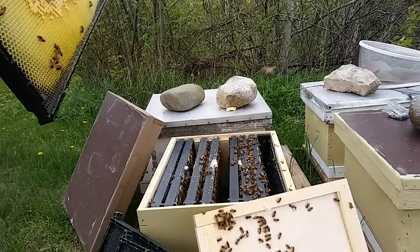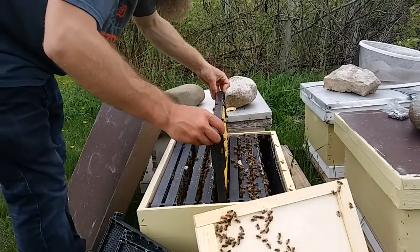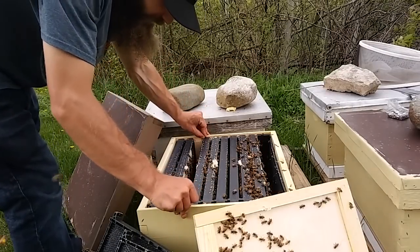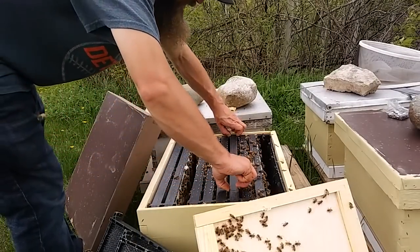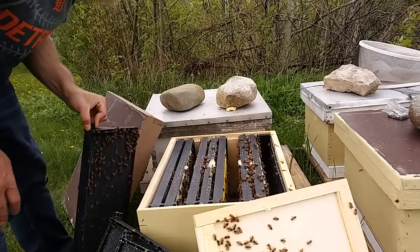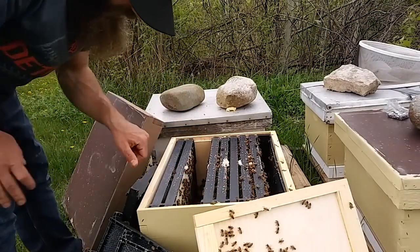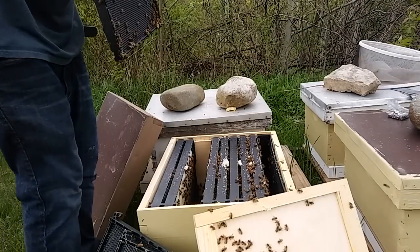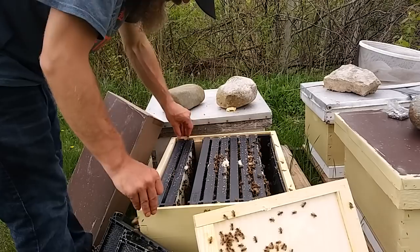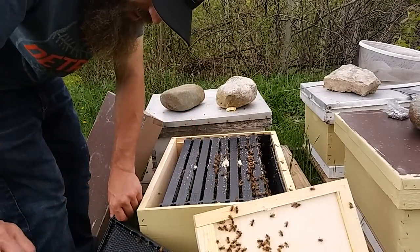Okay, so I could not find that queen cell that I was talking about, so I've got a frame of brood, open brood, and eggs that will have to suffice. Actually, I'm not going to checker this in just yet. I'll do that after that brood starts hatching and that queen gets hatched and all that stuff. So yeah, get them to build up. We've got to work with them, give them more brood space,